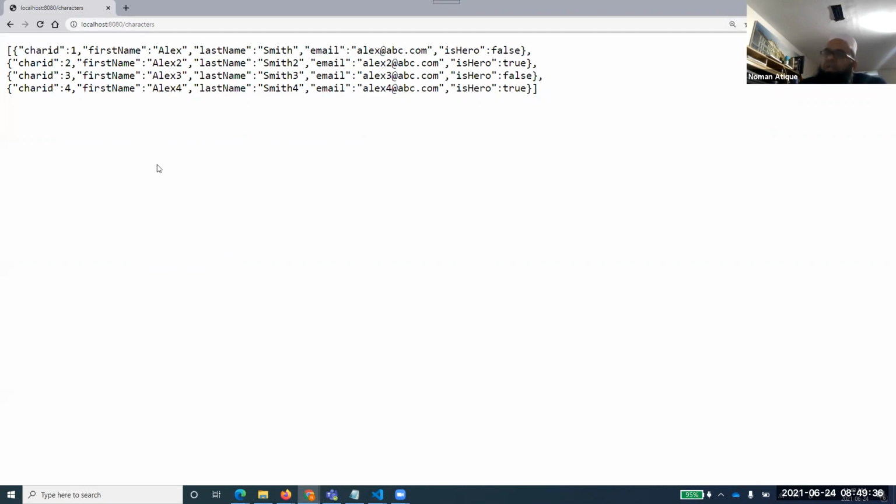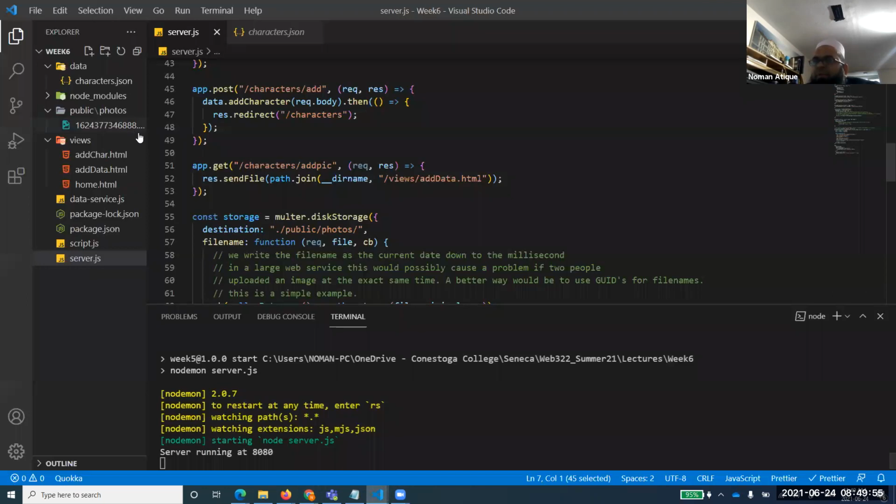I don't want them in that form. Rather, I want them in a format that looks more like an HTML page, showing all these things to us. That is the purpose of this. So for that, let's come over here.